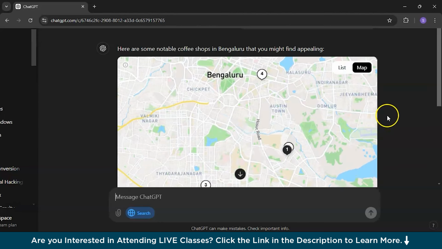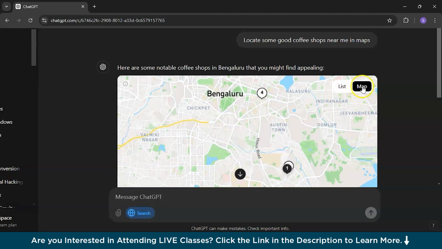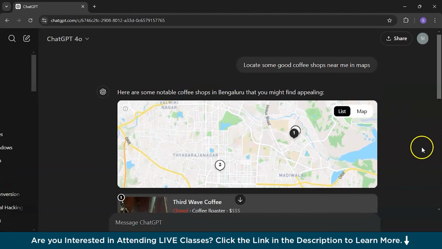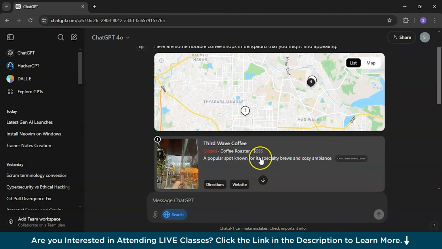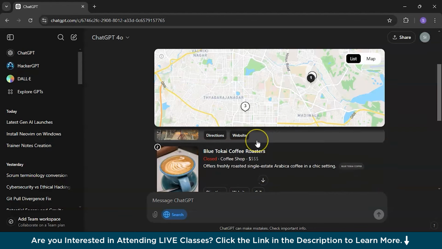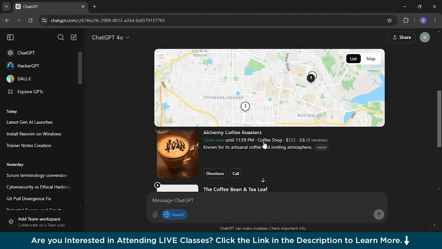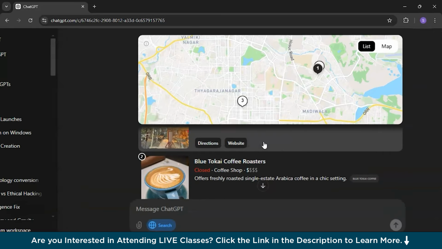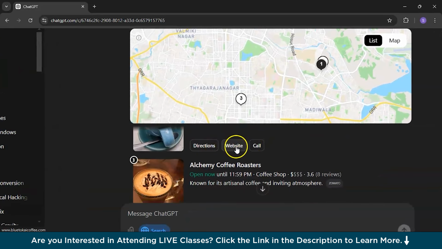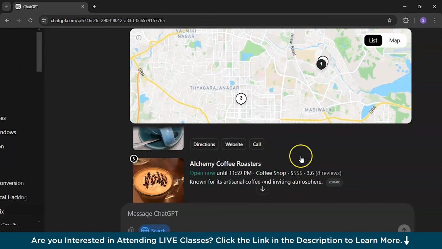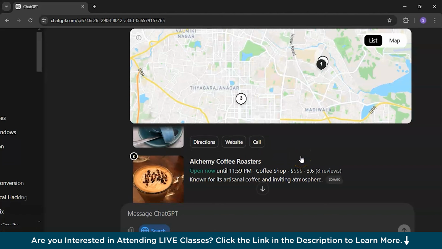So, basically, here are some options. You can even map, you can list, you will get a list of this. Third Wave Coffee, this is very popular, I guess. Blue Tokai Coffee Roasters and everything. And it even has directions, website, and even the call number over here, just like you get in Google search. It's basically a competition, a tough competition, honestly.